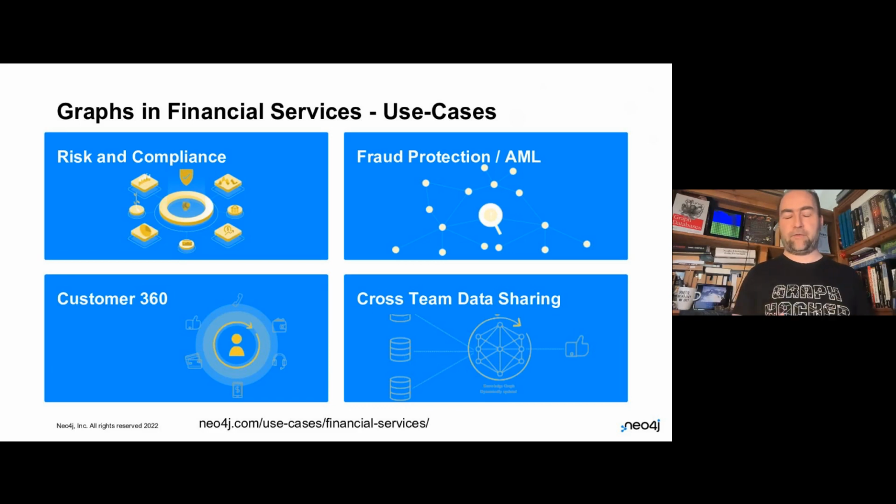And with graphs, you can also see patterns emerge, right? So you see money laundering rings, you see split transactions, you see certain accounts or certain clusters of accounts receiving a lot of money and so on. So there are a lot of abilities in the fraud detection and anti-money laundering space to use graphs to detect patterns and then also automate detecting these patterns. So you get real-time AML as well, which ties back, of course, to adhering to your legal obligations for risk